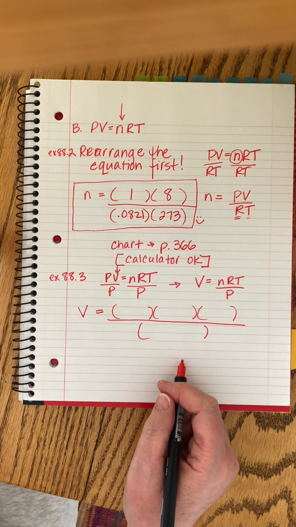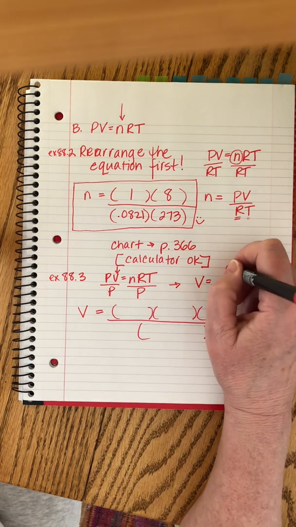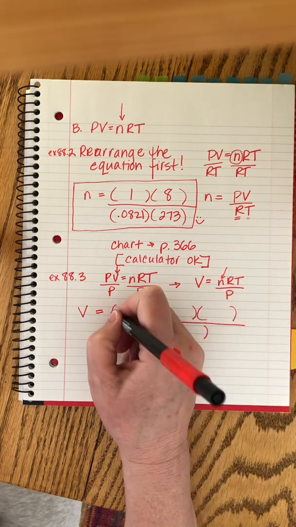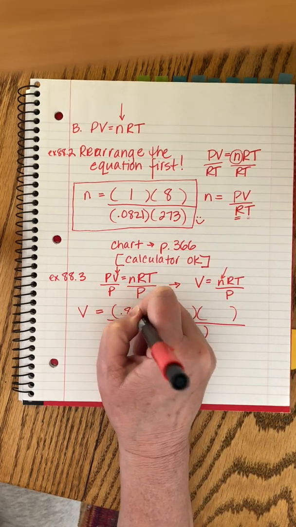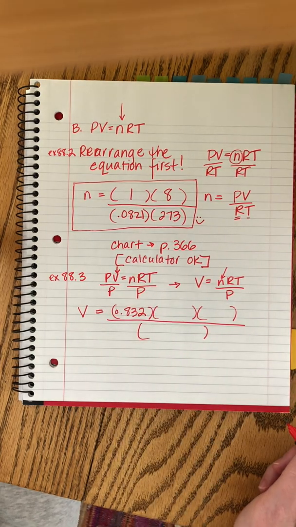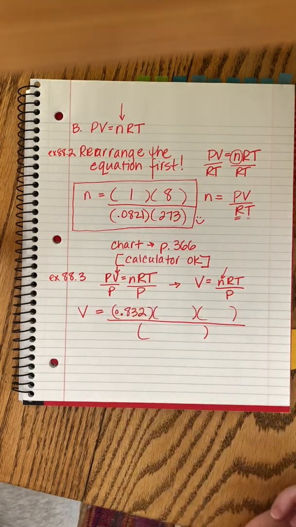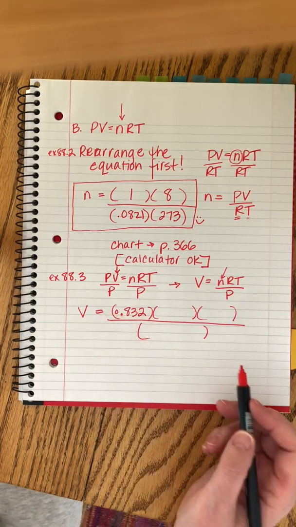All right, 0.832 moles of a gas. Okay, n is the number of moles. So that means 0.832 goes here. If you like to put in a leading 0, that's fine. I often don't, doesn't matter as long as you're careful to notice that decimal. That's why John often puts the 0, is just to draw attention to that decimal. All right,